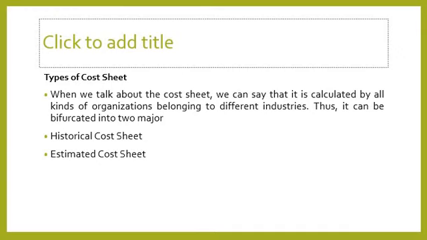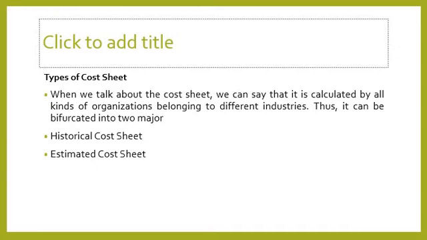What is the meaning of historical cost sheet? The statement of cost which records all those expenses or costs that have already been incurred by the organization, that is, the actual cost borne on the business operations in a particular period, is called a historical cost sheet. The one which is illustrated above is a practical application of this specific type of cost sheet. That means already incurred in our organization. That comes under historical cost.